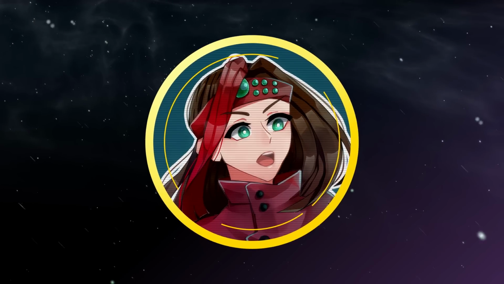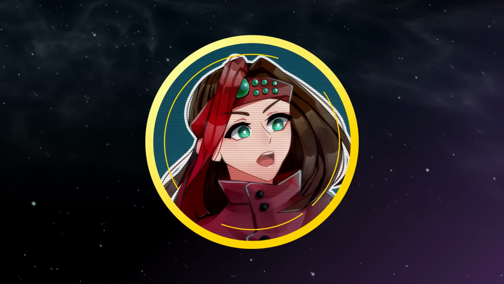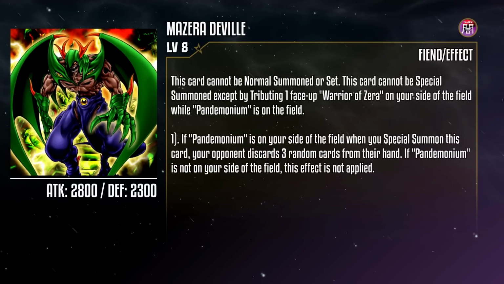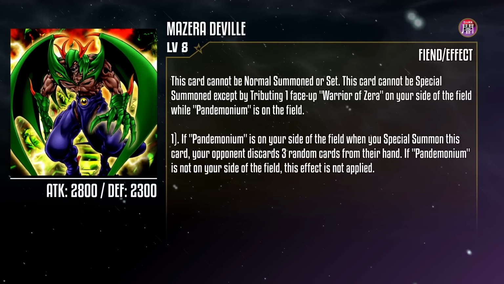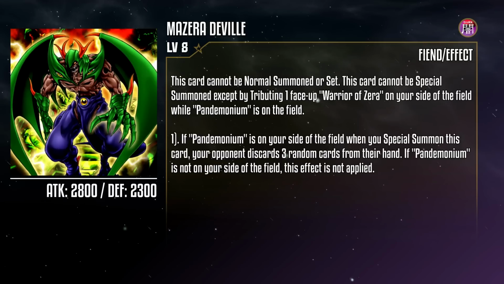But now we have to branch off into a different timeline, because while Zera can find ascension in the Sanctuary, he could also give in to the temptation of those fiends, creating Mazera Deville, a level 8 Dark Fiend monster with 2800 attack and 2300 defense that also can't be normal summoned or set, and cannot be special summoned except